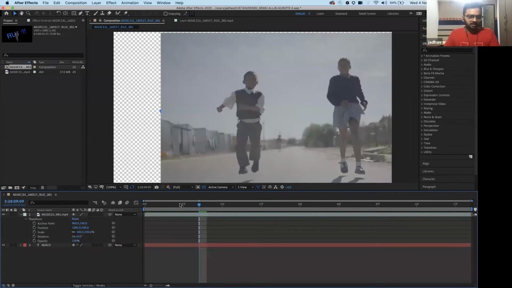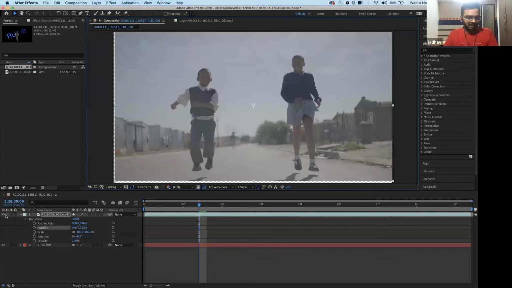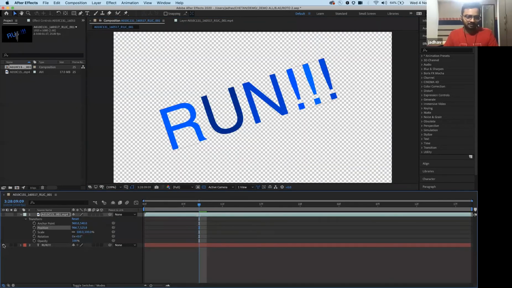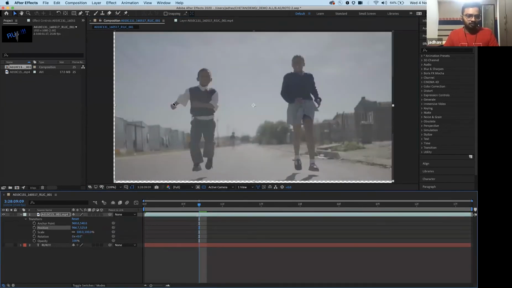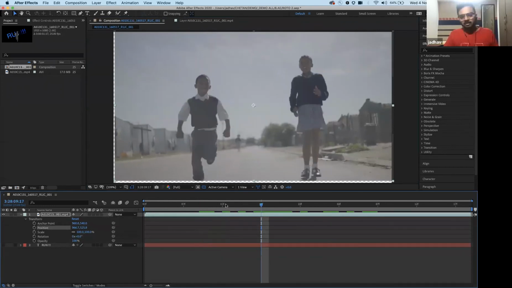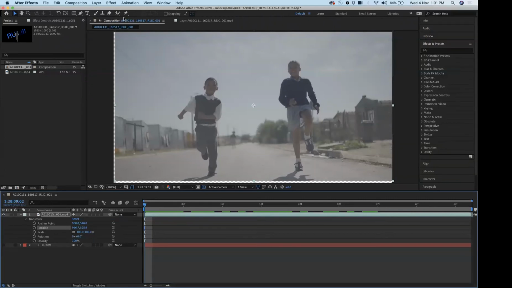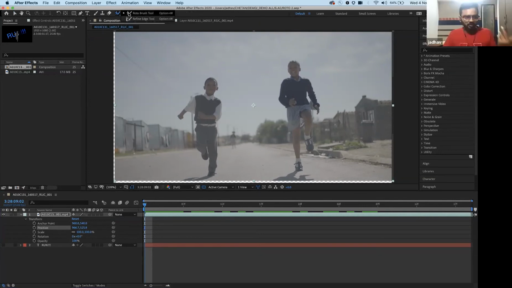Okay, so this is one of the clips, and there is a text which I wrote on the back plate, run. Now I want to roto this particular person out, this particular kid who's running. Now roto brushing was always difficult. You have to create a mask, and every 2 or 3 frames you have to change the mask, but it's very simple now. Just click on this Roto Brush tool and make a rough selection around this character.